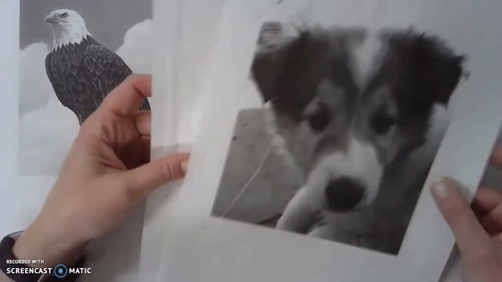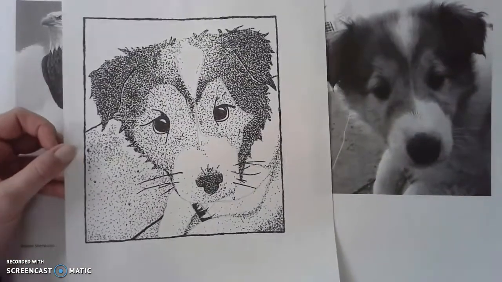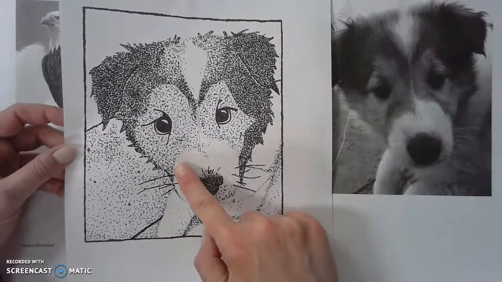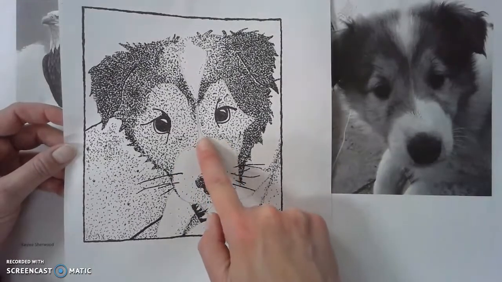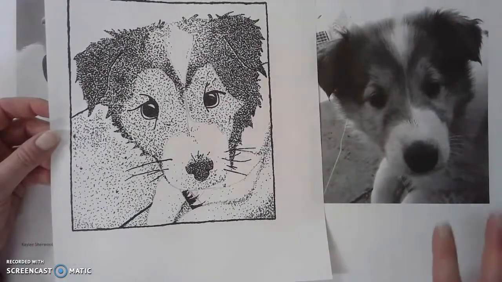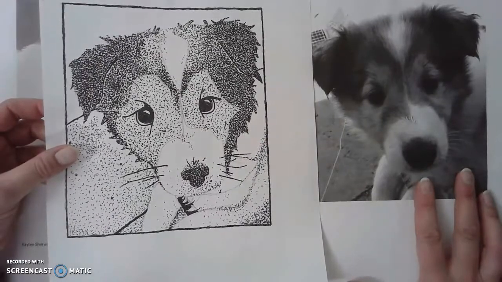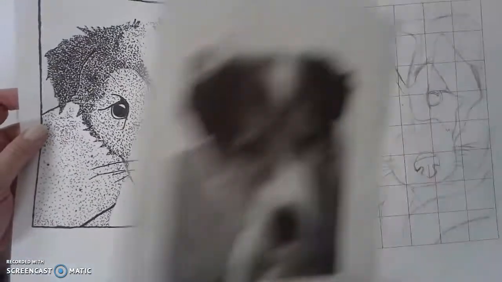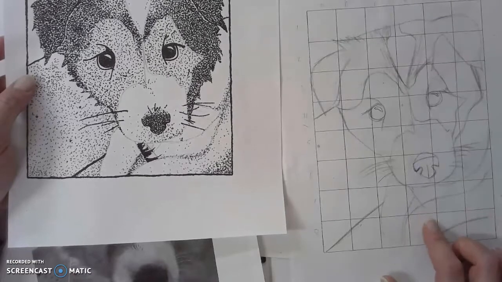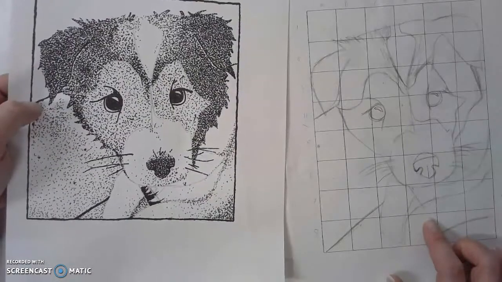she kind of gridded it out first. And then I took a photocopy of her drawing when she was done. And actually, she ended up erasing those original pencil lines that you can see right there. But you need to interpret the value that you see in your image and how you're going to do it on your actual drawing. Okay, so just to take a step back, you're going to first start out with just kind of pencil lines. Now we use a grid paper first here in the classroom that helps students, but if you don't have that at home, just draw it out the best that you can. Okay,